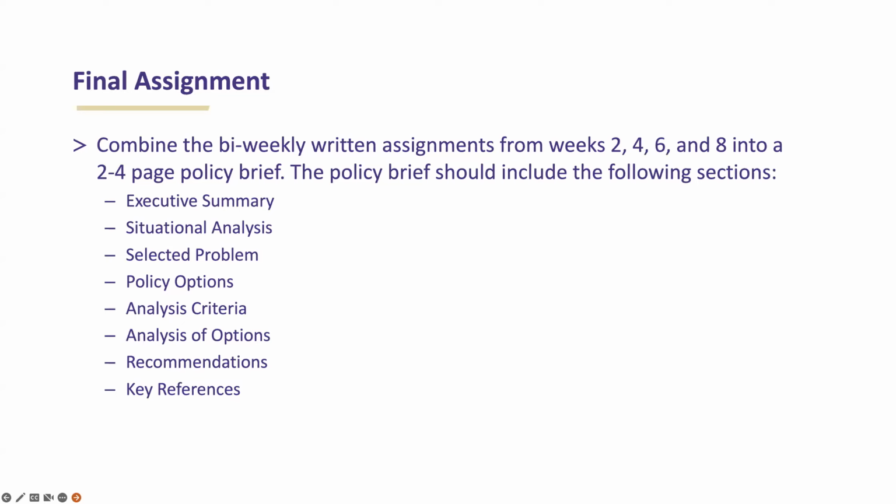So let's briefly touch on the biweekly and final assignment. This final assignment will be a policy brief that you will work on throughout the length of the course. You will have the entire length of the course to develop your final assignment. Every other week, the even weeks again, you will complete a short written assignment to help you build your final assignment, the policy brief. The final assignment should reflect a synthesis of all you have written, discussed with your cohort peers, and proposed as part of your weekly coursework. Please do not leave the final assignment until the end of the course.